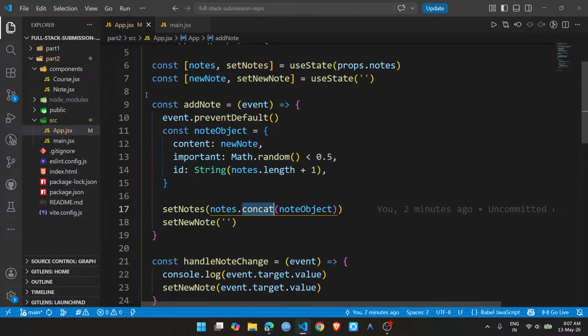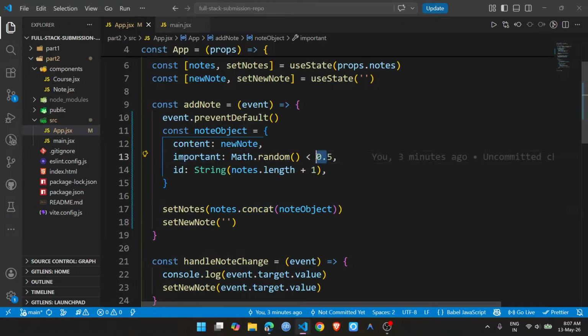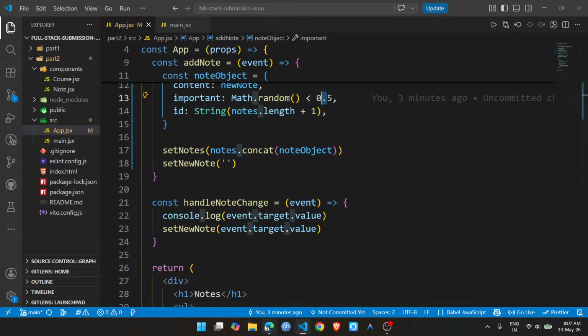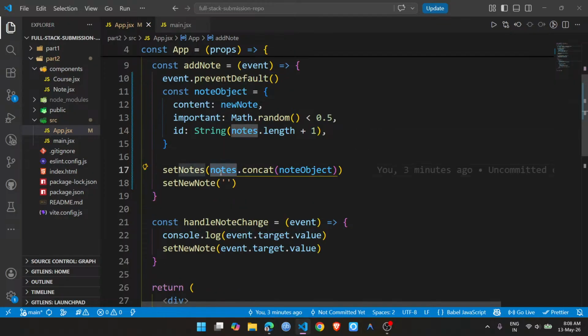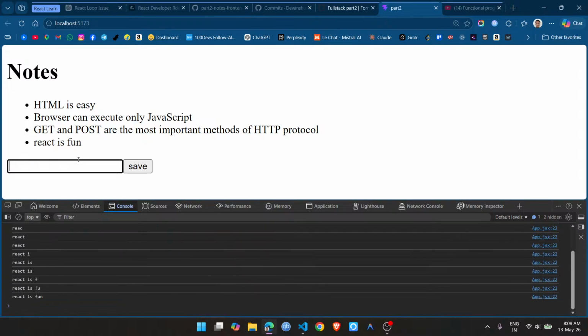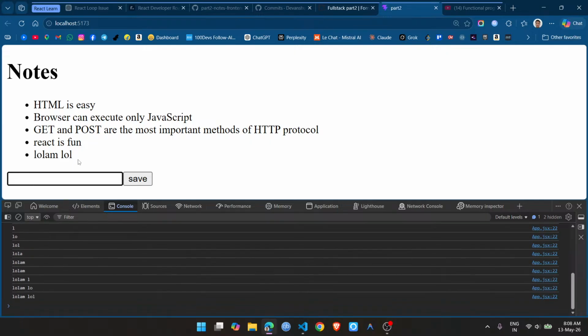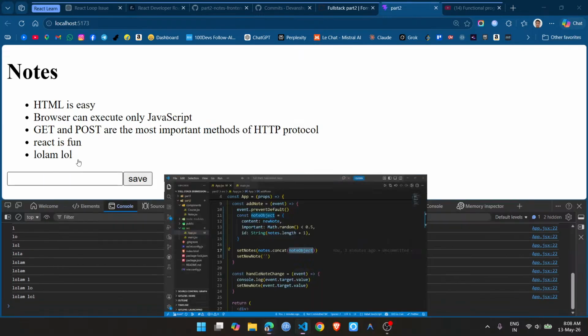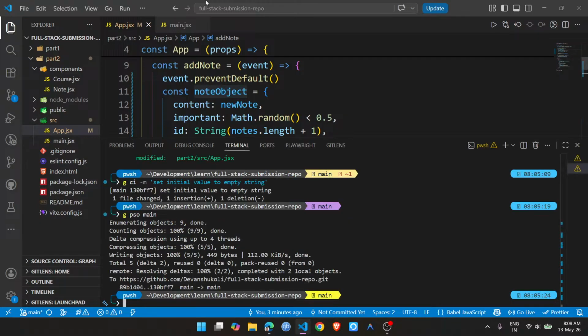So if I write something like this, either this will be true or false. So from that point on, this is something like the original notes array we concat with the new noteObject. So basically, I can write